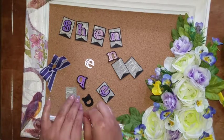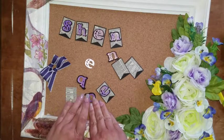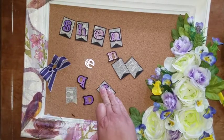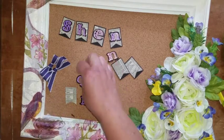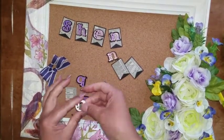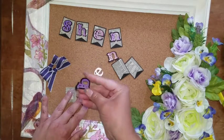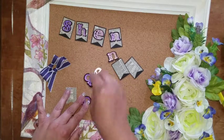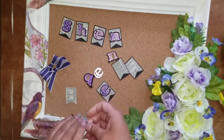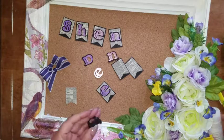And so I wanted to have the majority of this done. Now this glue dries clear, so I don't have to worry so much about it. But when you spray these letters onto the cardstock, it kind of distorts the cardstock, because the liquid actually soaks through the paper, so when you glue it on there, you're adding more liquid to it, and it just kind of makes it puffy. Not puffy, but just distorted. Okay, and now that they have a little bit of distortion to it,